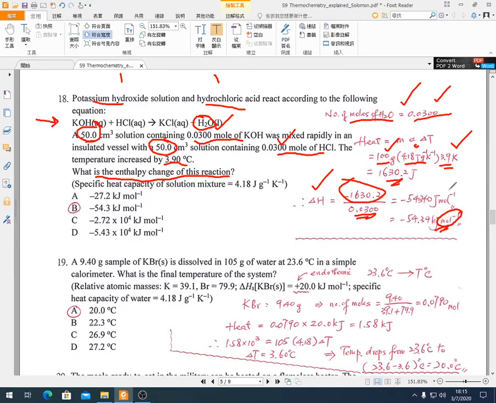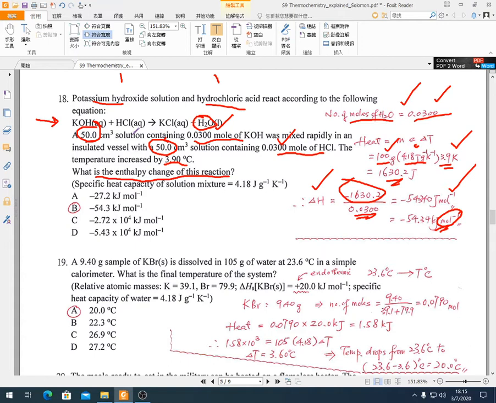Okay, so we finish 18, and we have three examples on calculating the heat evolved and dividing by the number of moles. It's very important for every question you are asked in the examination. You always have to divide by the number of moles. If you have masses, you have a limiting reagent. Don't calculate with the excess reagent because some of it is not reacted, and you get it wrong. So you calculate the limiting reagent first, and then you divide by the number of moles of